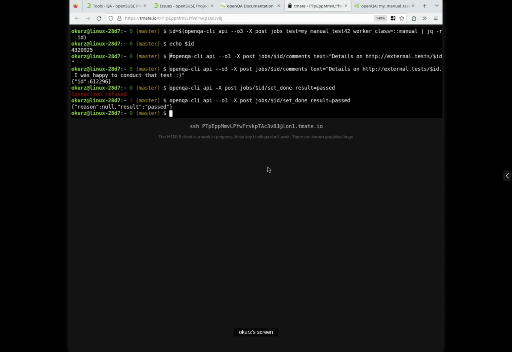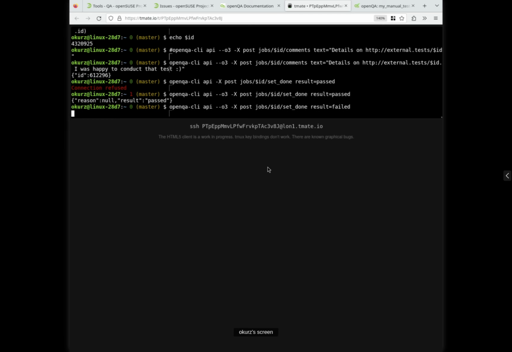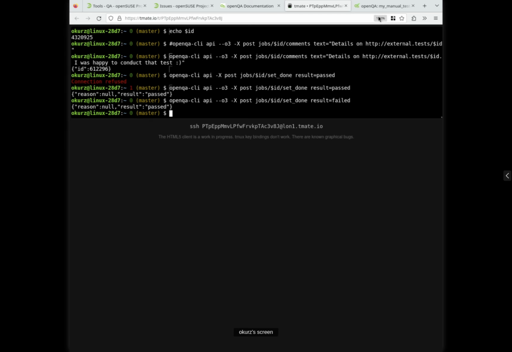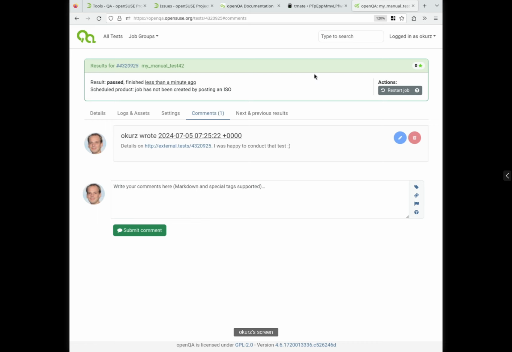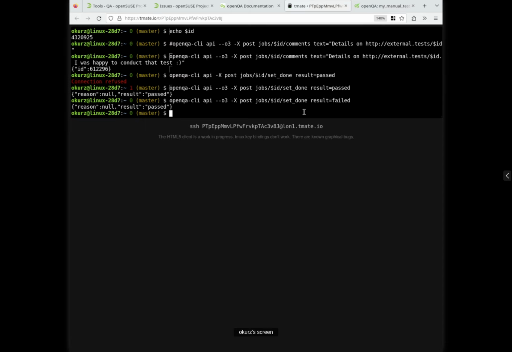But I could also, same as for any other job over the API, assuming I have the according permissions, could also set the other. No, sorry, wait. I cannot. Right, because set done is really just for once.